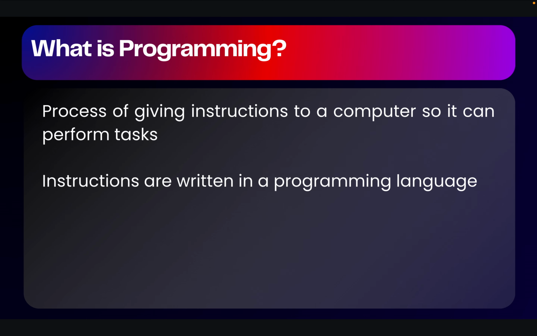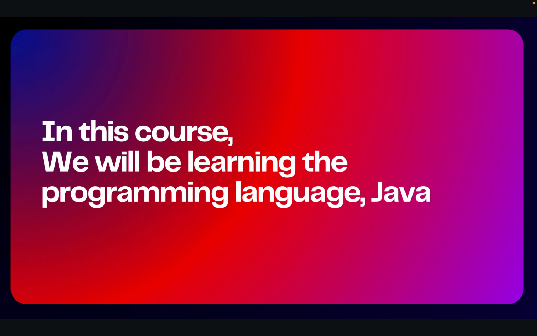So before we get into what Java is, first let's cover what programming is. Programming is just giving instructions to a computer. In order to give these instructions to a computer, you have to write them in a programming language. You may have heard of programming languages such as Python and C++. In this course, we're going to be teaching the programming language of Java. So again, what are we learning? Java. And in my opinion, if you learn Java, all the other languages come pretty easy after that.